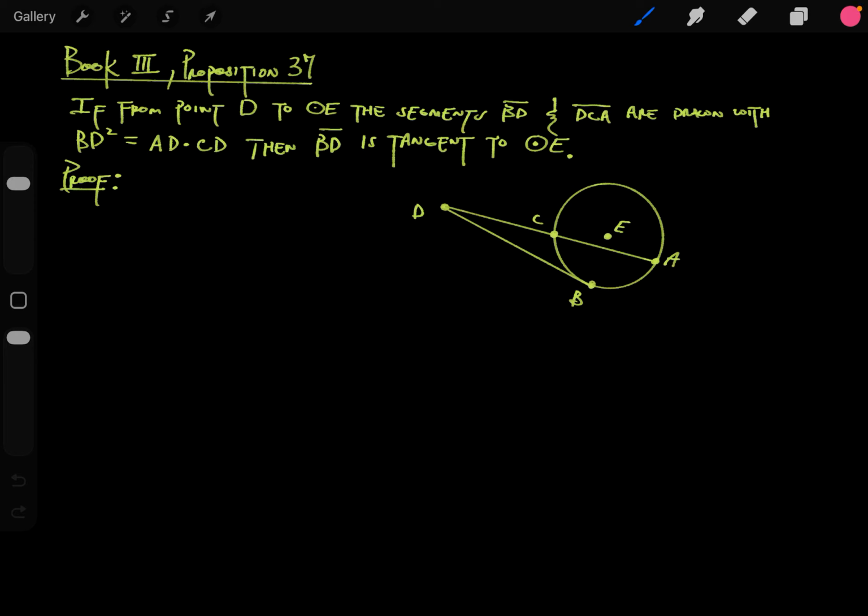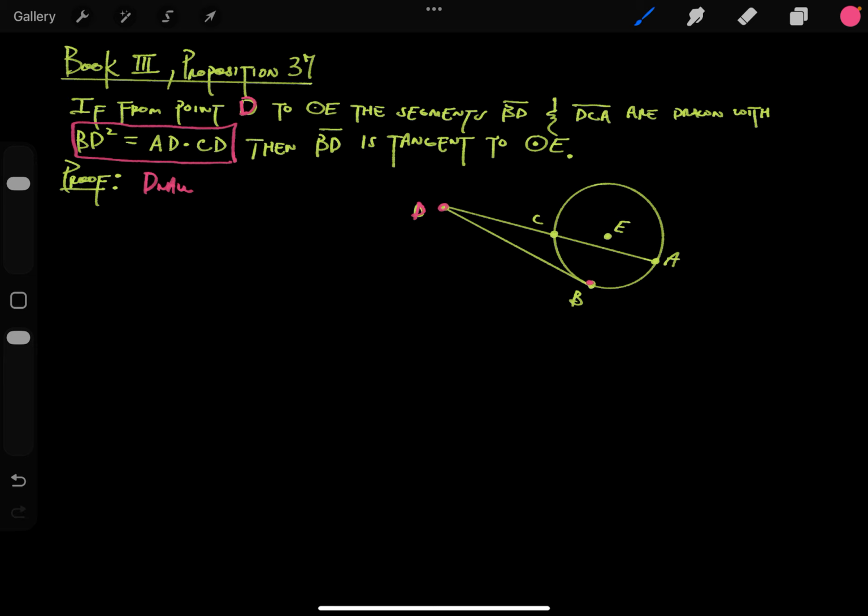Okay, so in this one, we are going to do the other direction of Proposition 36. And we're going to say that if we have this point D over here, and then we draw these segments with the following relationship, then we can prove that this is indeed tangent. Now, to do this,